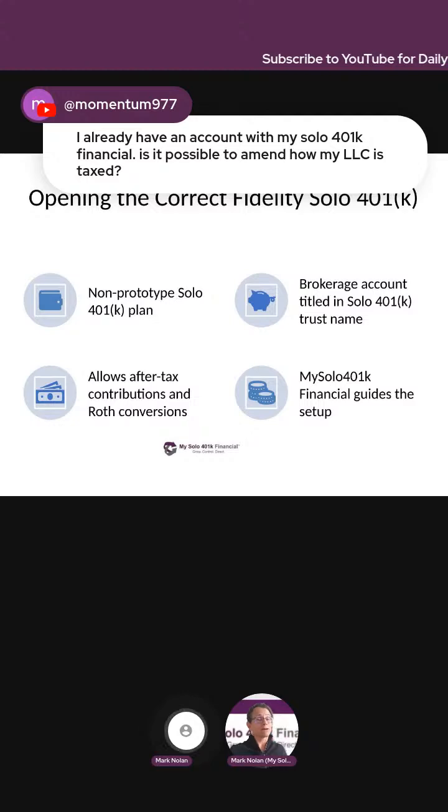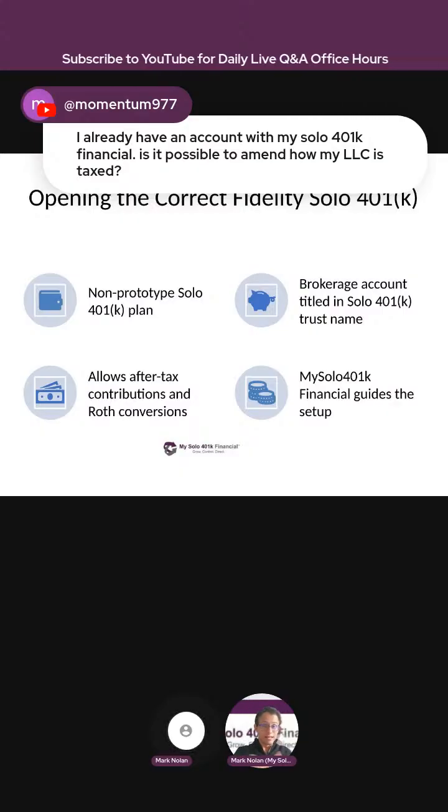And this is critical because it enables voluntary after-tax solo 401k contributions, mega backdoor Roth conversions, checkbook control through the solo 401k plan, meaning you can actually invest in promissory notes, real estate, so physical properties, whether commercial or residential,